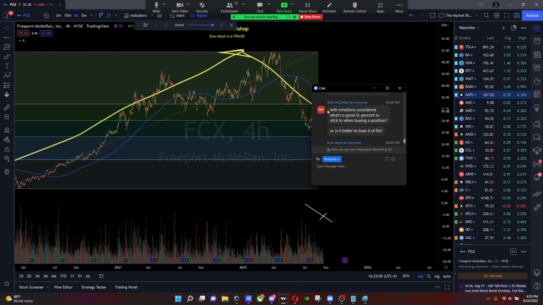But the next question is, with emotions considered, what's a good SL percent to stick to when buying a position, or is it better to base it off of Fib? I can't really answer that because I'm not a financial advisor. You just have to look at your